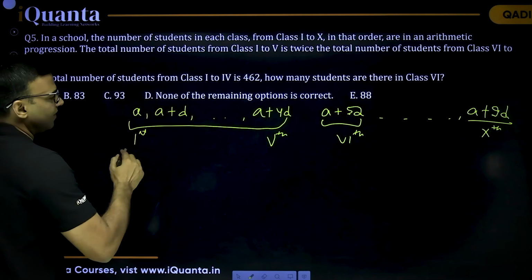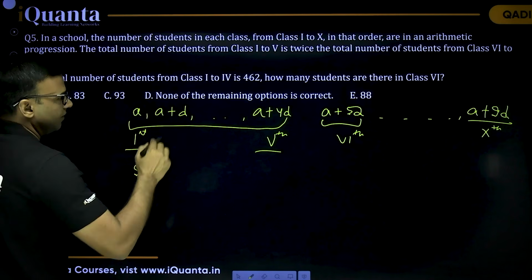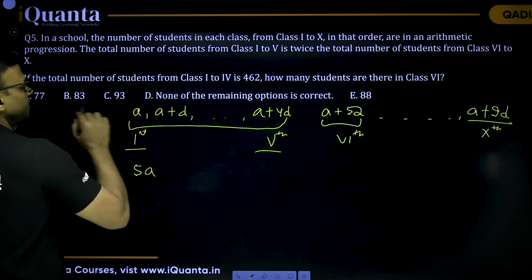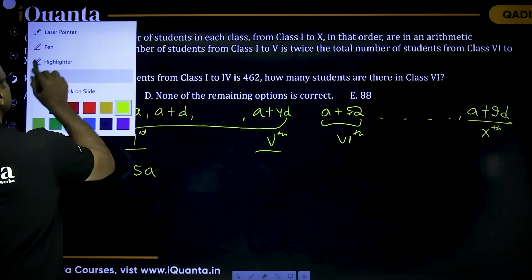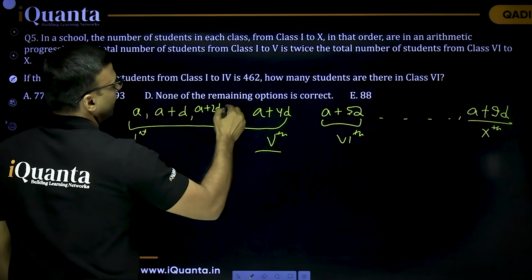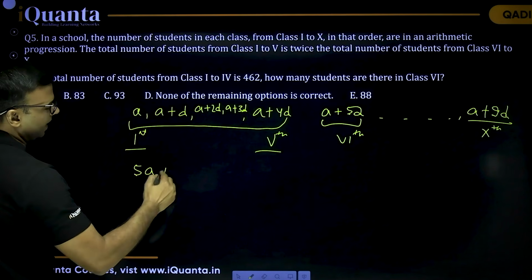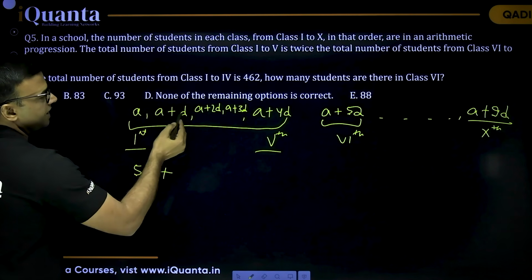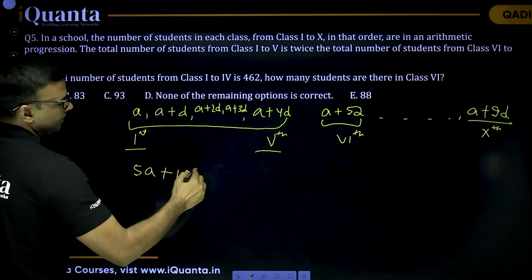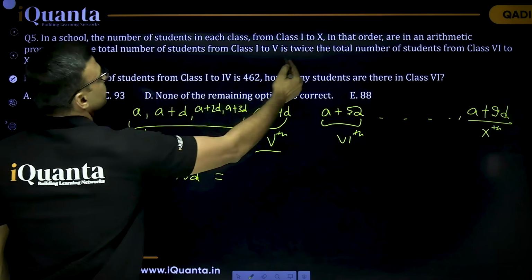So if I add from 1st to 5th, a is going to come 5 times. I would rather write all of them in between. It is going to be a plus d, a plus 2d, and a plus 3d. That's it. So if you add all of these, it is 5a plus d, 2d, 3d, 4d, that is 10d. This is equal to twice